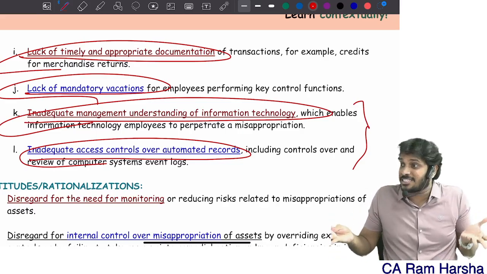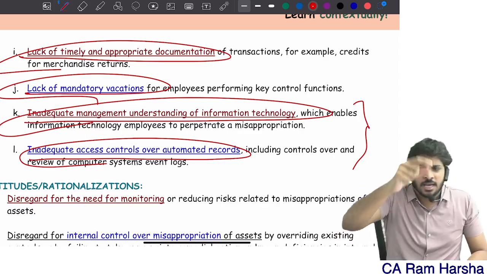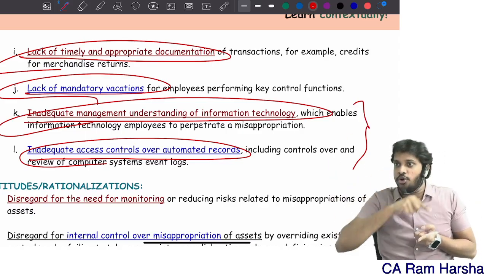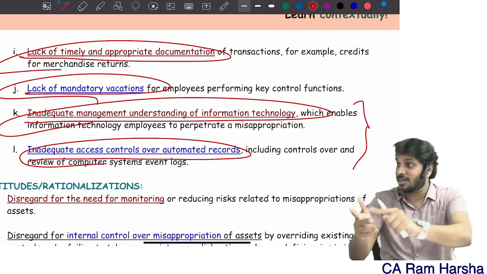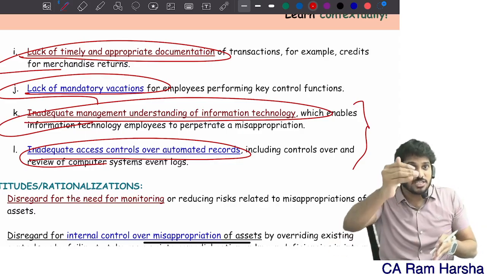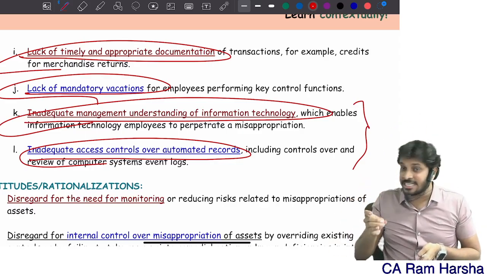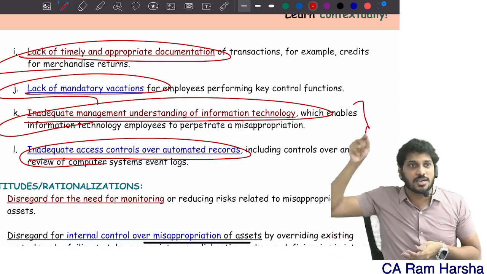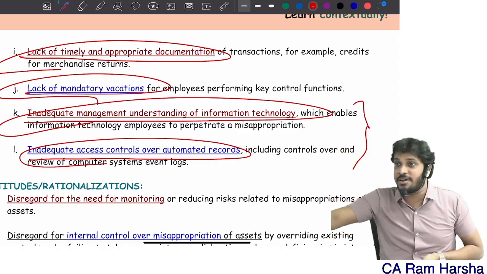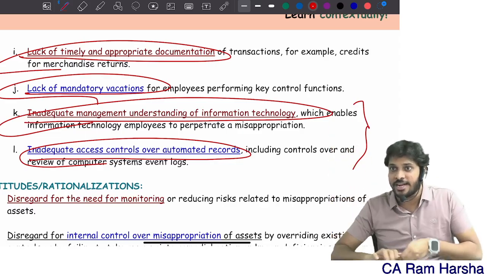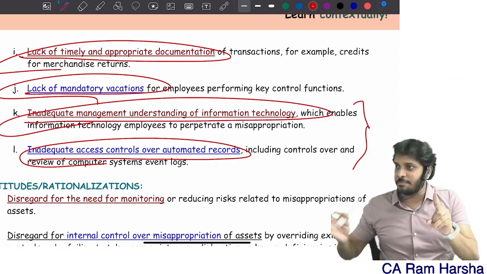Employee cannot purchase the goods unless all of them are colluded: purchase manager, CFO, and stores manager. Not just that. Once I gave GRN, only then can I enter 100 units. Then only can the accountant pass a journal entry in the books of accounts. Only when the journal entry is passed, the finance department will see the liability due on the due date and remit to the supplier. These many people are involved.